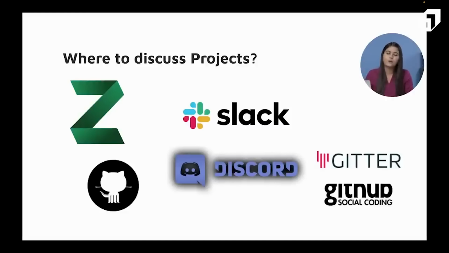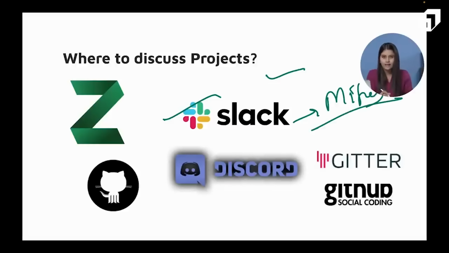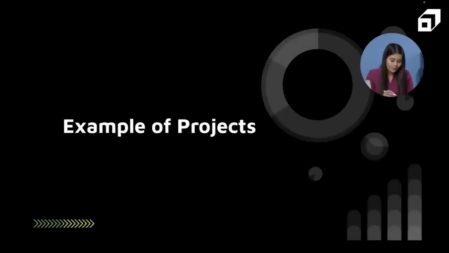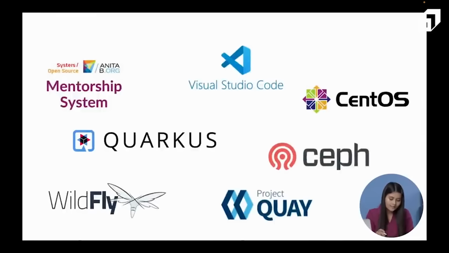I mean, tech stack is one thing obviously, but apart from that, there are plenty of other significant factors that you should keep in mind. Like these are the platforms where they discuss. We saw MEFO's people doing their discussion on Slack, right? In the same way, Zulip is there, Discord is there, Gitter, a lot of platforms are there. Examples of some projects, once again: Centoya, Ceph, Wildfly, AnitaB.org, we just saw MEFO's as well, Visual Studio